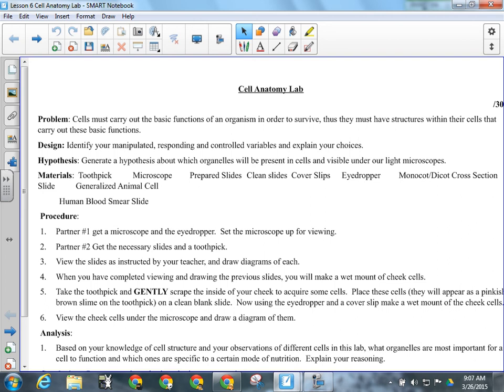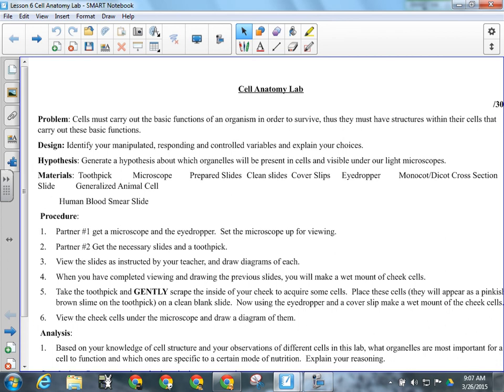In our hypothesis, generate a hypothesis about which organelles will be present in cells and visible under the light microscope. For this, I think the if part needs to talk about the second point of the cell theory. It needs to talk about the problem. And the problem is this stuff about cells having to carry out basic functions. If they have to do that,